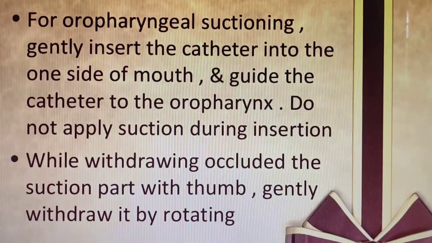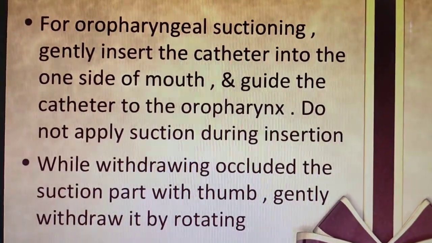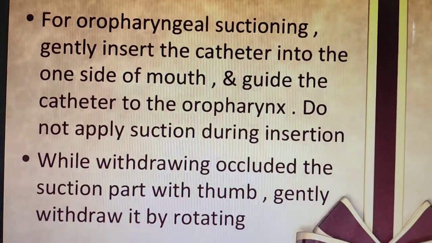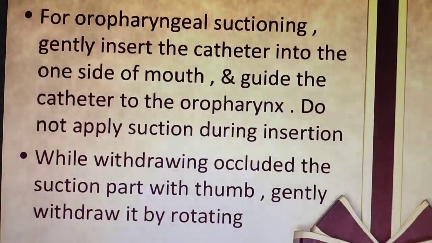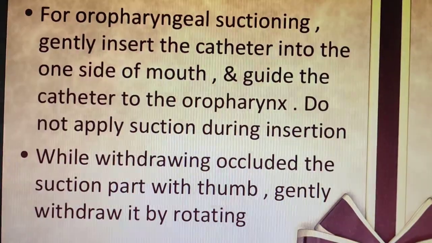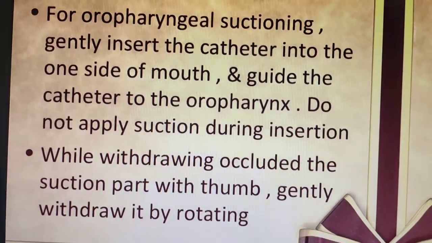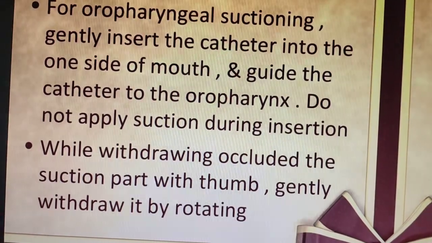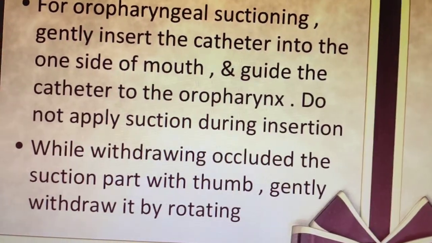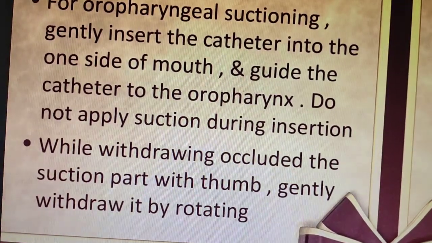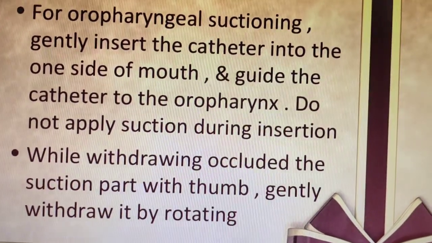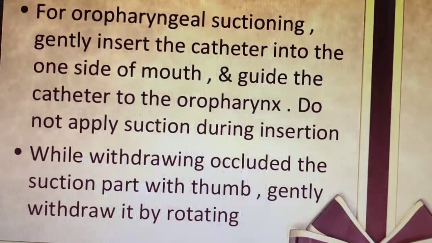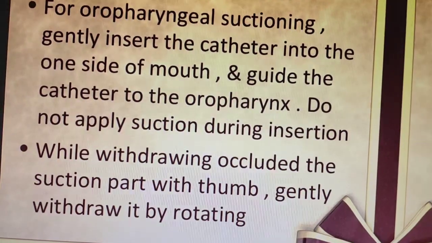So when do you turn on the suction apparatus? First you insert the catheter into the nostril, then you turn on the suction apparatus. Otherwise, the pressure is already there and all the air in the nostril is going to be removed. That could be painful for the patient. Once you guide the catheter in, then you turn on the vacuum.